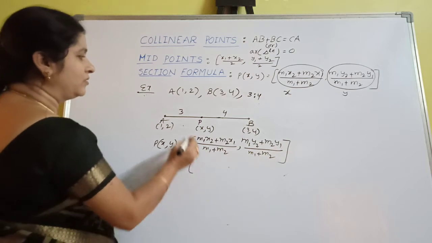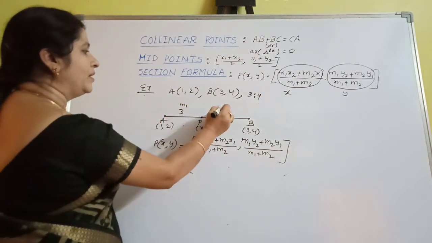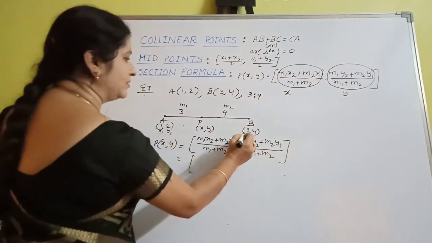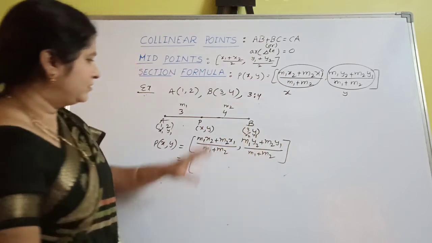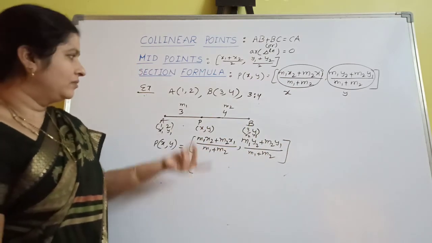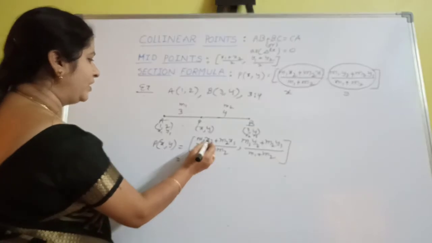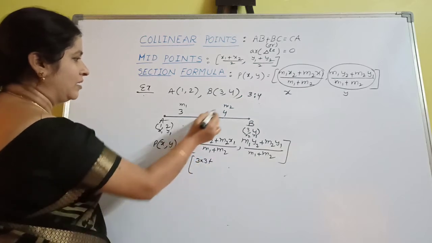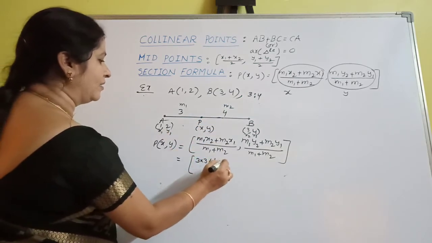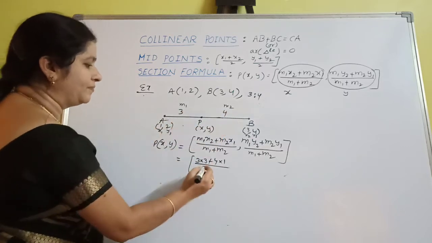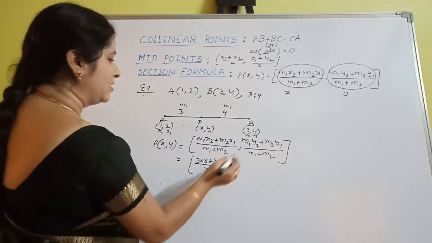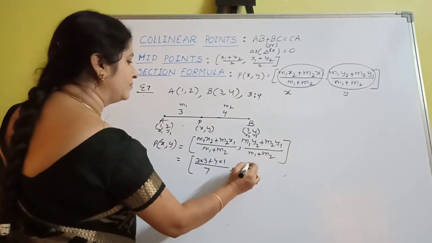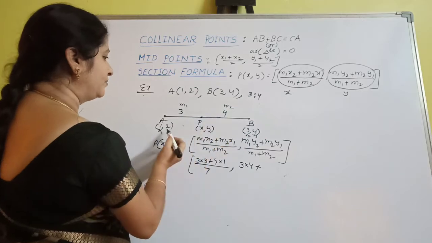So substitute the values. 3 means M1, 4 means M2. This is x1, y1. This is x2, y2. Only substitute the values in this formula. M1 means 3. 3 into x2 value 3. 3 3s are 9, plus M2 value 4, x1 value 1, by M1 plus M2, 4 plus 3, 7 parts. Total 7 parts. M1 y2: 3 into y2 value 4, 3 into 4 plus 4 into y1 value 2